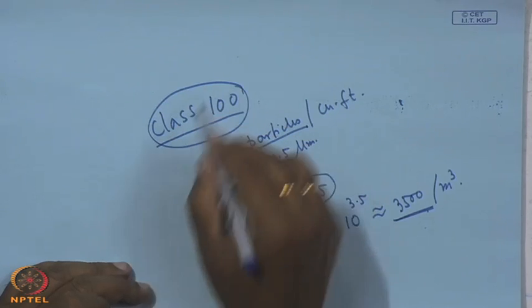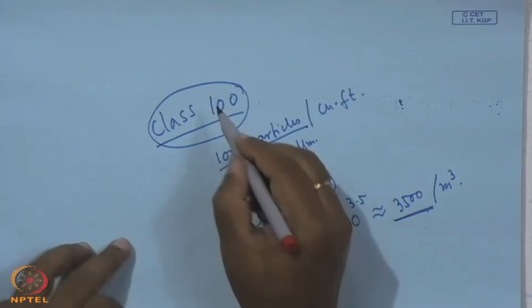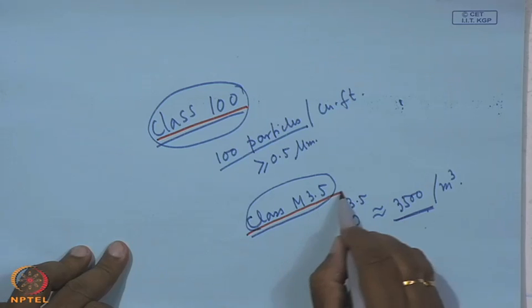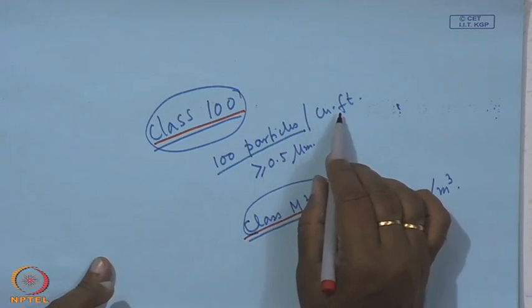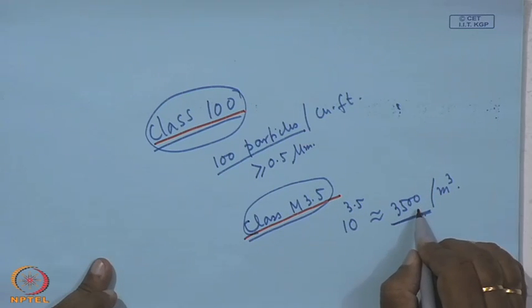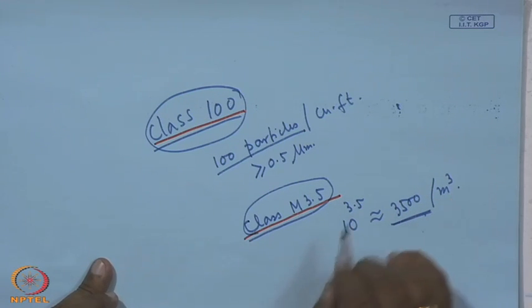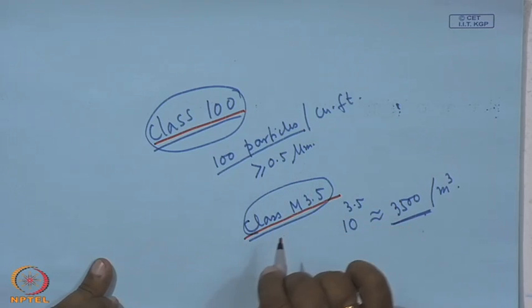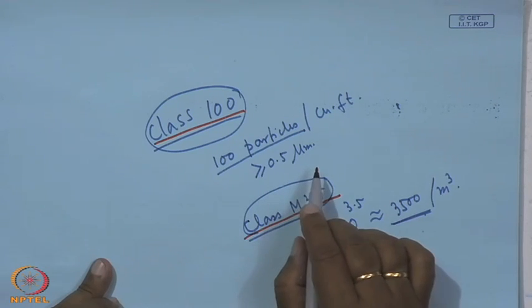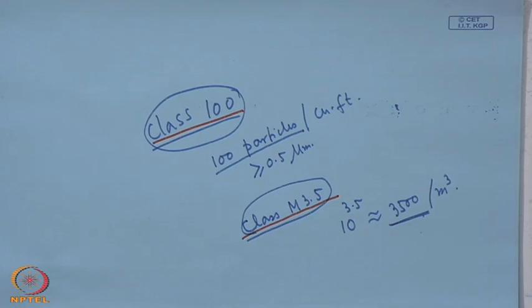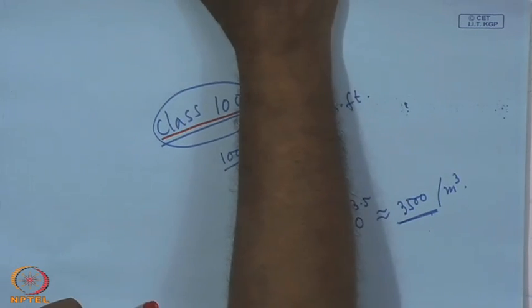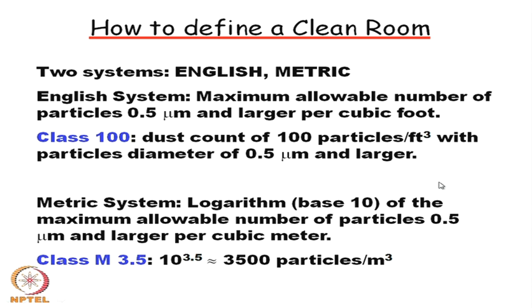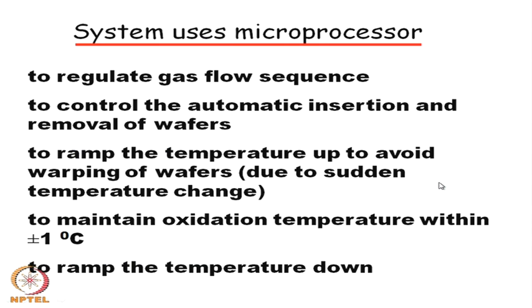So, these two clean rooms are essentially equivalent, that means class 100 and class M 3.5. Why? Because 100 particles per cubic feet is equal to 3500 particles per cubic meter, and the dimension of the particle in both the cases is the same, it is 0.5 micron or larger in diameter. So, there can be class 1000, there can be class 10,000. So, different kinds of classes are available to obtain a clean room, and the efficacy of a clean room will be proved during the process of